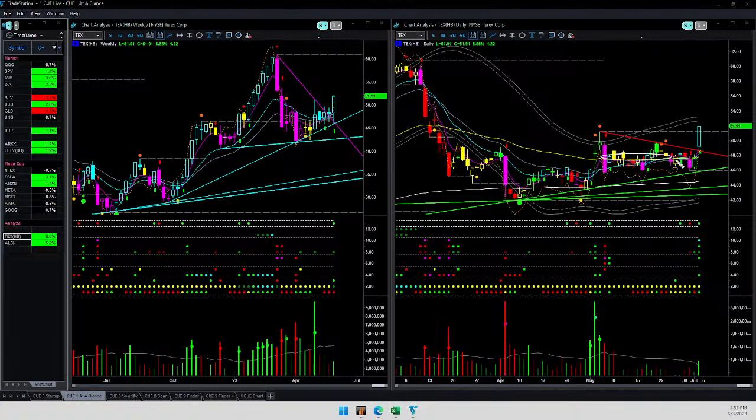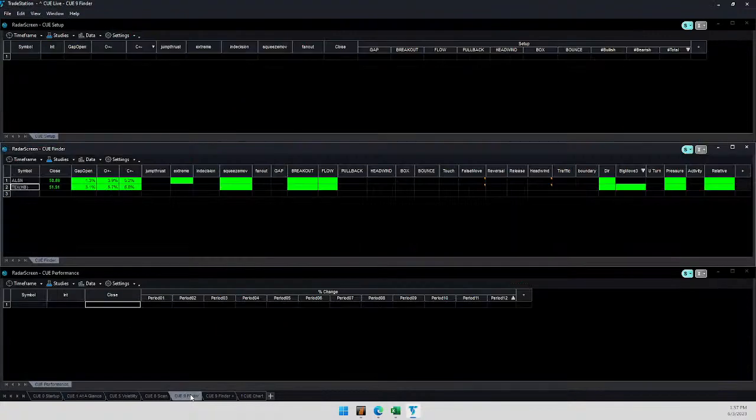It broke out from a squeeze with a gap up. By the way, if I go to Finder, we can also see that both of them had a gap up open. The gap setup is not flagged because that has an additional requirement. Not every gap up open is a gap long setup